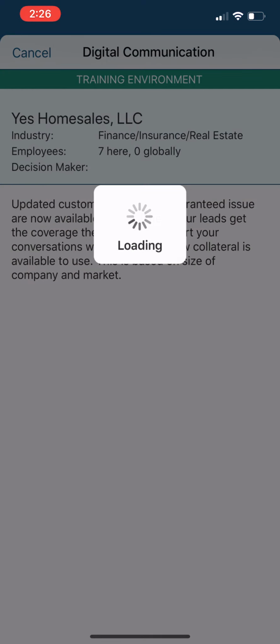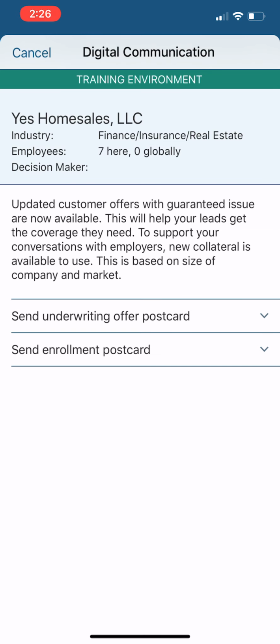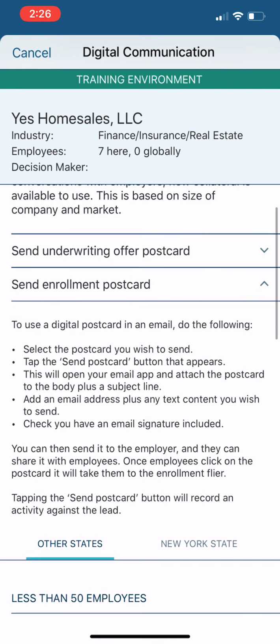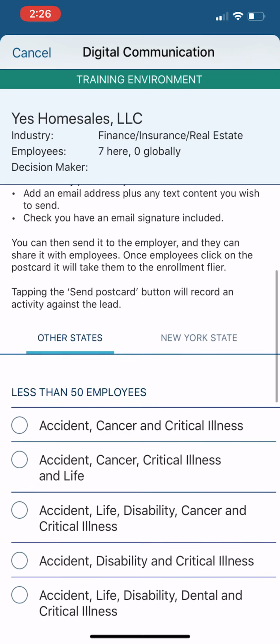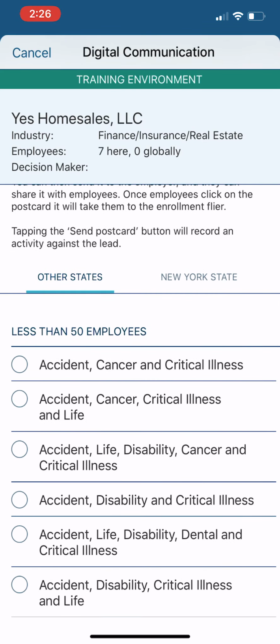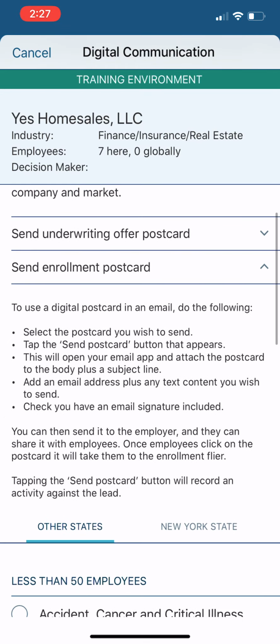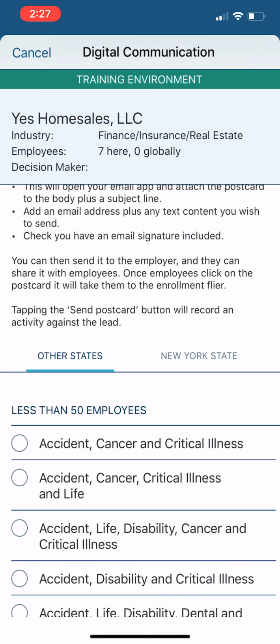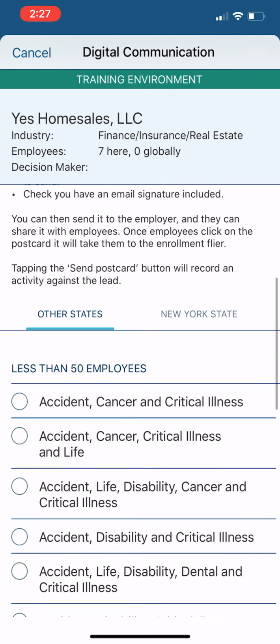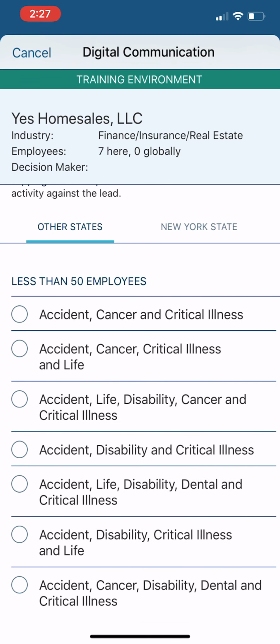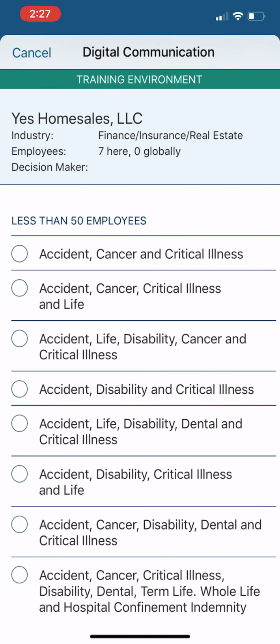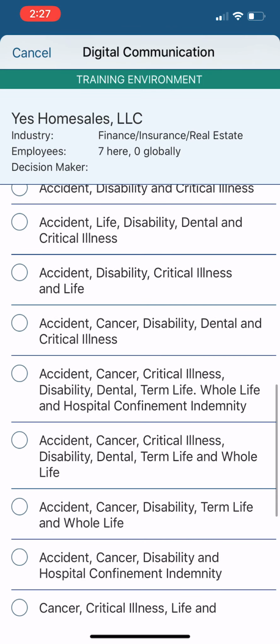I'm going to show you kind of the same thing if I was going to send this for an enrollment, and clicking that once again, hit send enrollment postcard, it's going to have similar instructions, and depending on what state you're in, most of us are all going to be in Texas for the people I'm creating this video for. But if you've got an enrollment, this is going to be something that once you get to that stage, after you've had the group meeting and you scheduled all that, you can send a flyer, a very similar email with product information for that business, depending on what products you're going to be placing into this open enrollment,